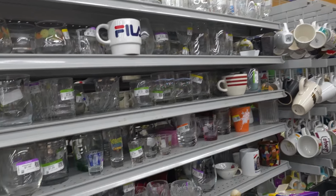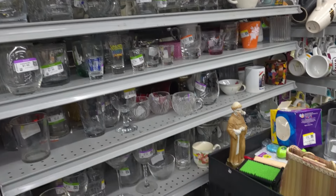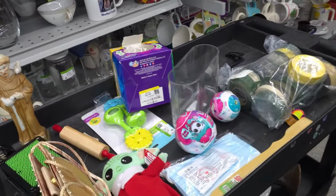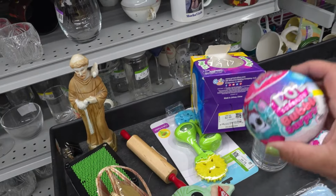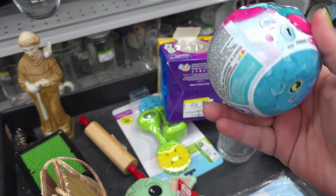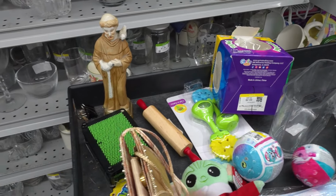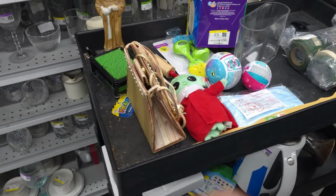I might even switch to a sort of mix and match collection. I don't know. When I find it, I'll know. Okay, Sadie loves these surprise things, but I don't think she likes the LOL ones. She'd probably still open it, but